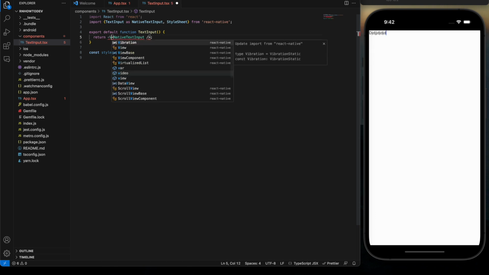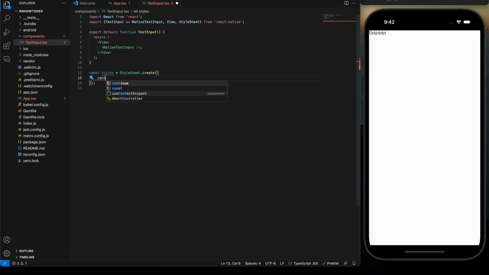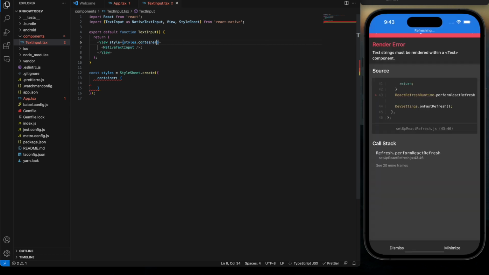We will start with the view. We will use it as our container to add some style. Let's import the view in here. All right, so best is to create a dedicated style for that. Container, add it to the view. And